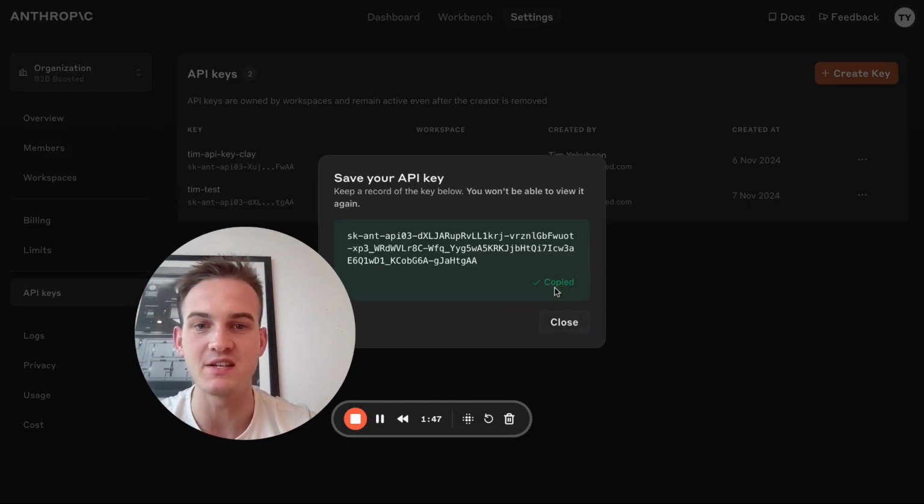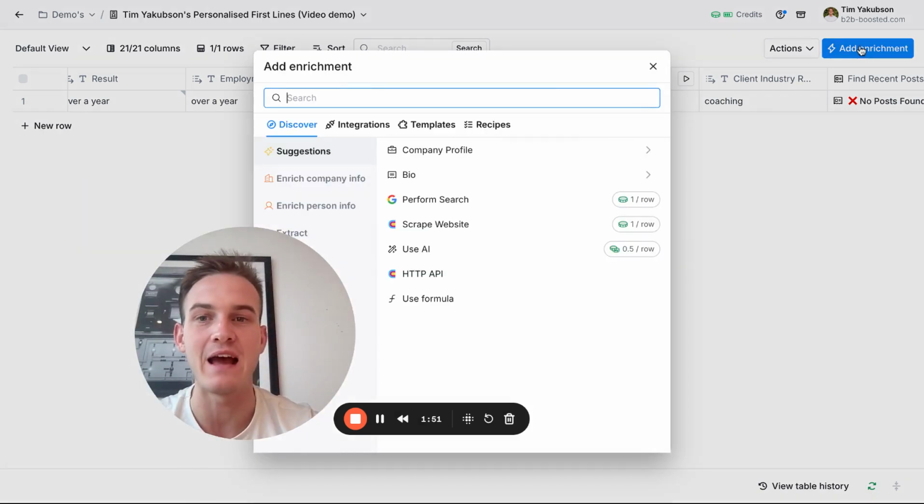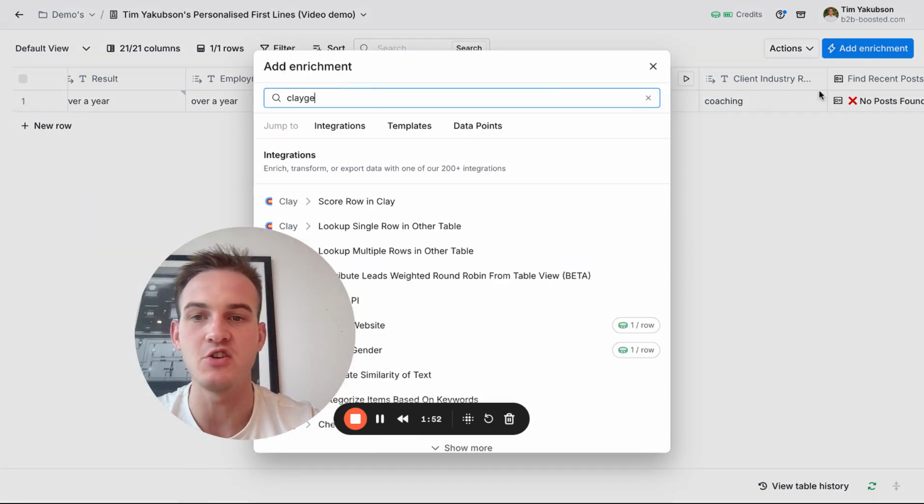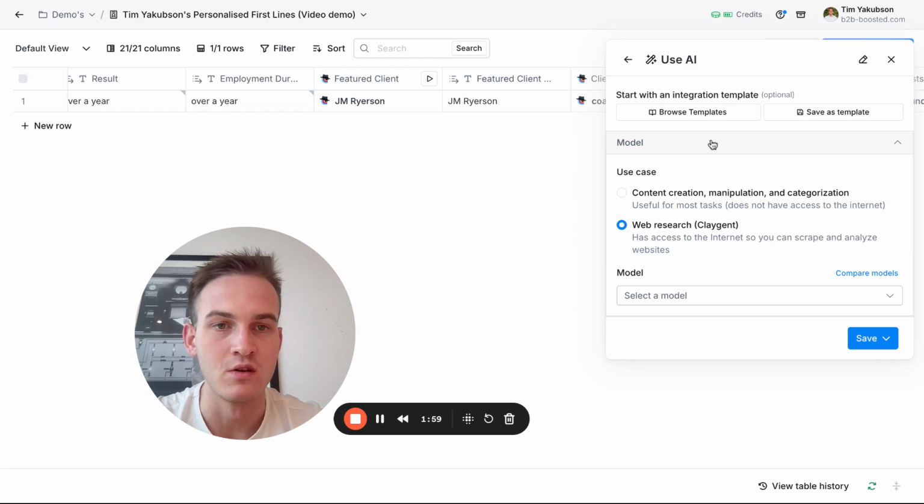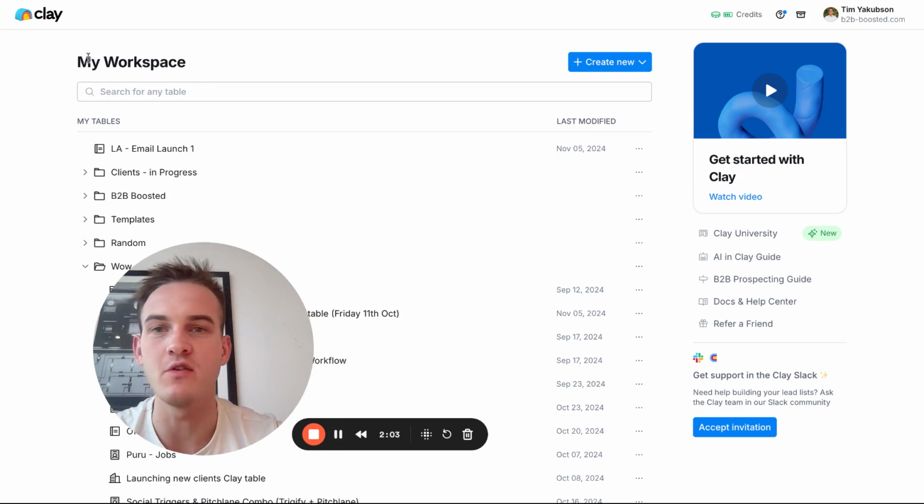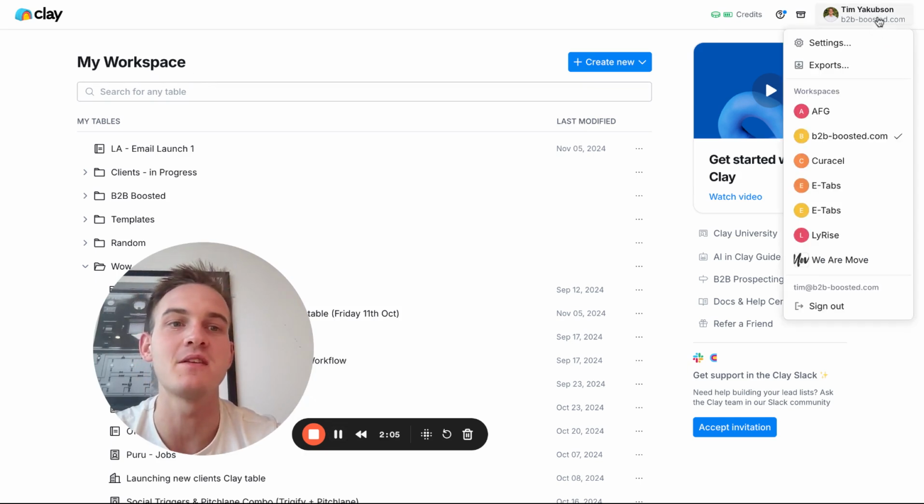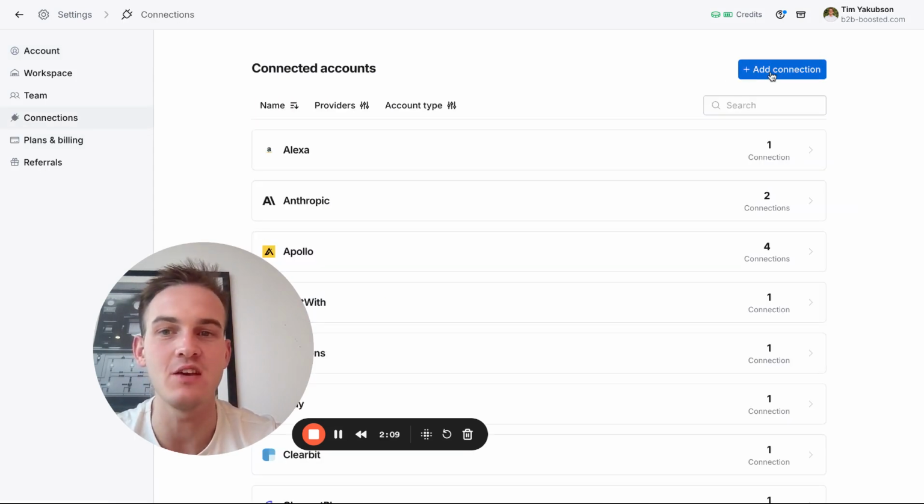You are basically going to copy this entire key, and you're going to go back inside of Clay, click on Add Enrichment, type in Claygent, and inside of Clay, at this moment in time, you should be able to click on Model, or if not, the easiest way is when you're in My Workspace, you basically click on your name in the top right corner, you click on Settings, and then you click on Connections,